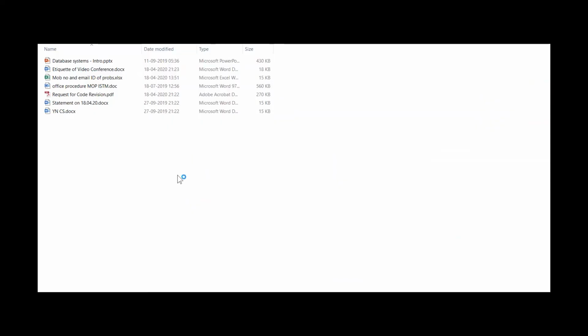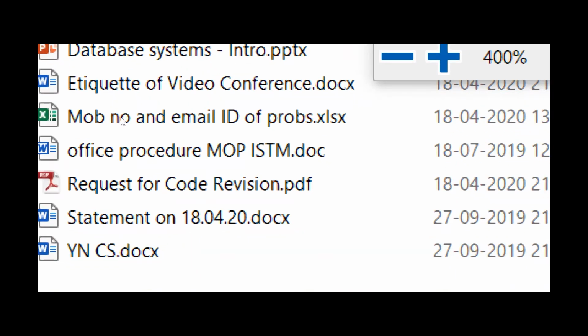Please remember that the file name should not contain any dot character in the file name itself. In the file extension, the dot character is okay. Any file with a dot character in the middle of the file name cannot be uploaded.